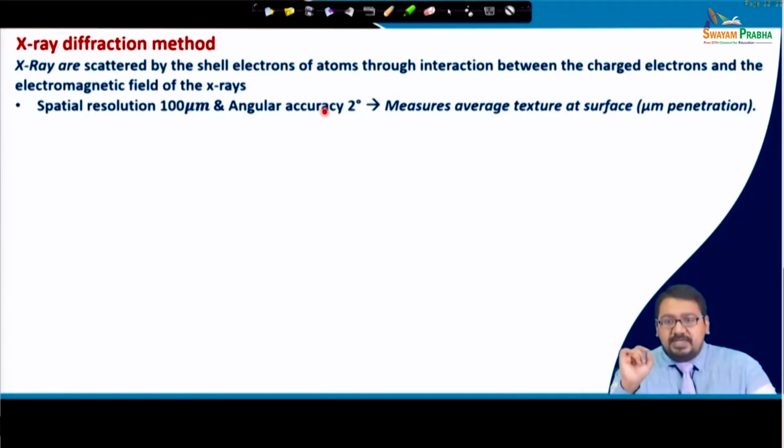So, as we said, it measures average texture from the surface up to a few micrometer depth of penetration and gives